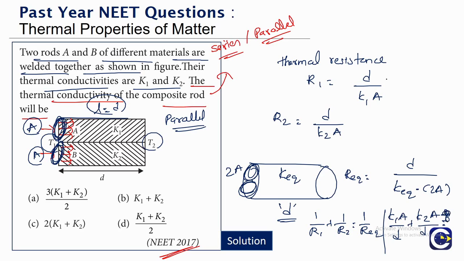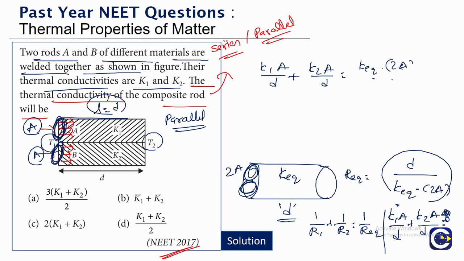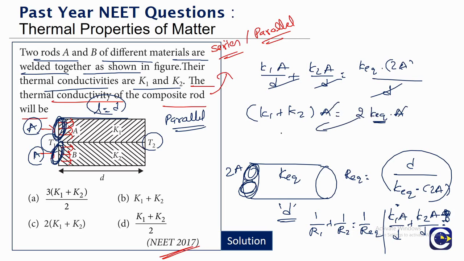So I'll write it at the top. Since we got these expressions, let us remove this part and write it at the top. What is going to be the relation? 1 by R1 plus 1 by R2. Already we have the values: 1 by R1 is K1 A by D, and 1 by R2 is K2 A by D. This is equal to 1 by R equivalent, the reciprocal of this, which means K equivalent into 2A divided by D. On both sides the denominator D is cancelled. K1 plus K2 into A is equal to 2 times K equivalent into A. A is also cancelled. So 2 will come to this side: K1 plus K2 by 2 is equal to